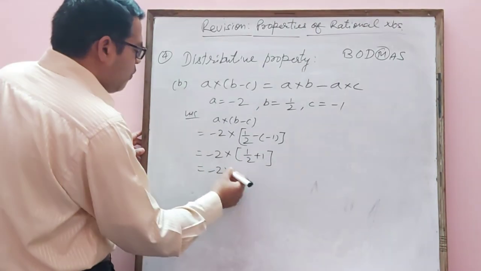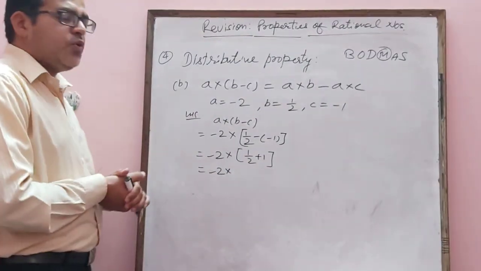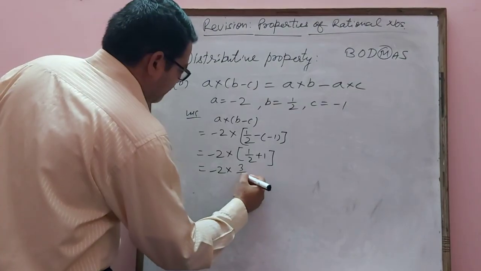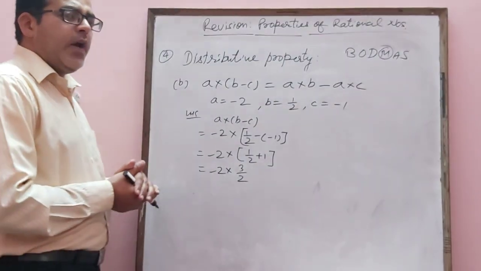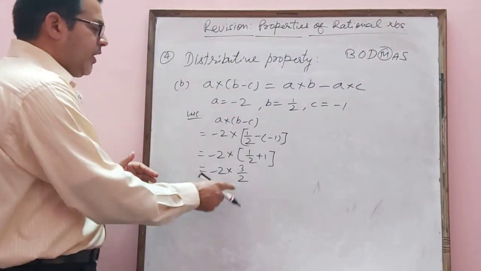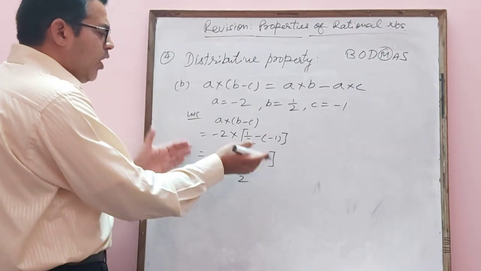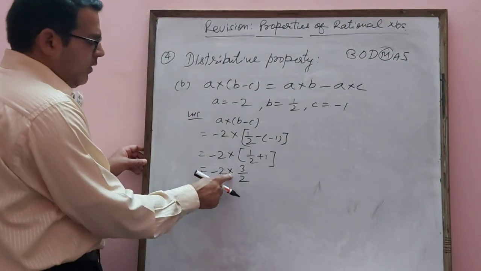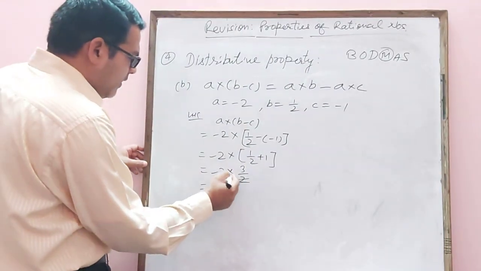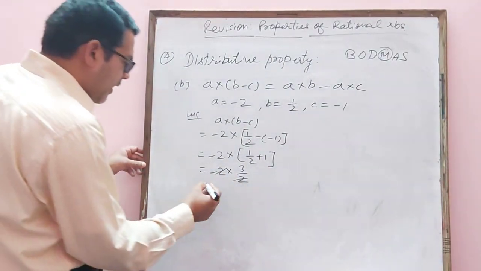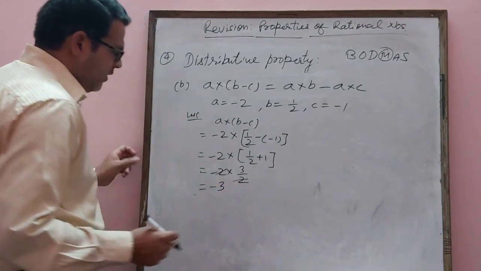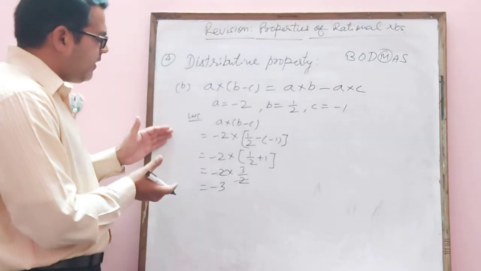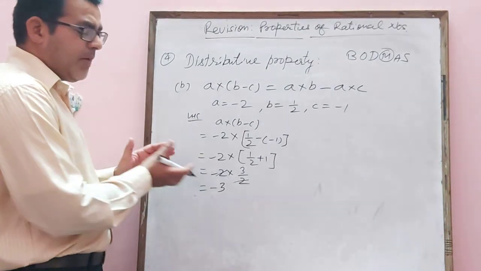Now minus 2 into, we need to add 1 by 2 with 1. 1 we have here, 3 by 2 we have. 1 by 2 and 1, half means 1 and half. So 3 by 2 we can write it. You can solve it also by taking LCM. Now multiplication is there, so we can cut this 2 by 2. We can remove it and finally what we have? Minus 3 we have as a result. So the value of left hand side is minus 3.